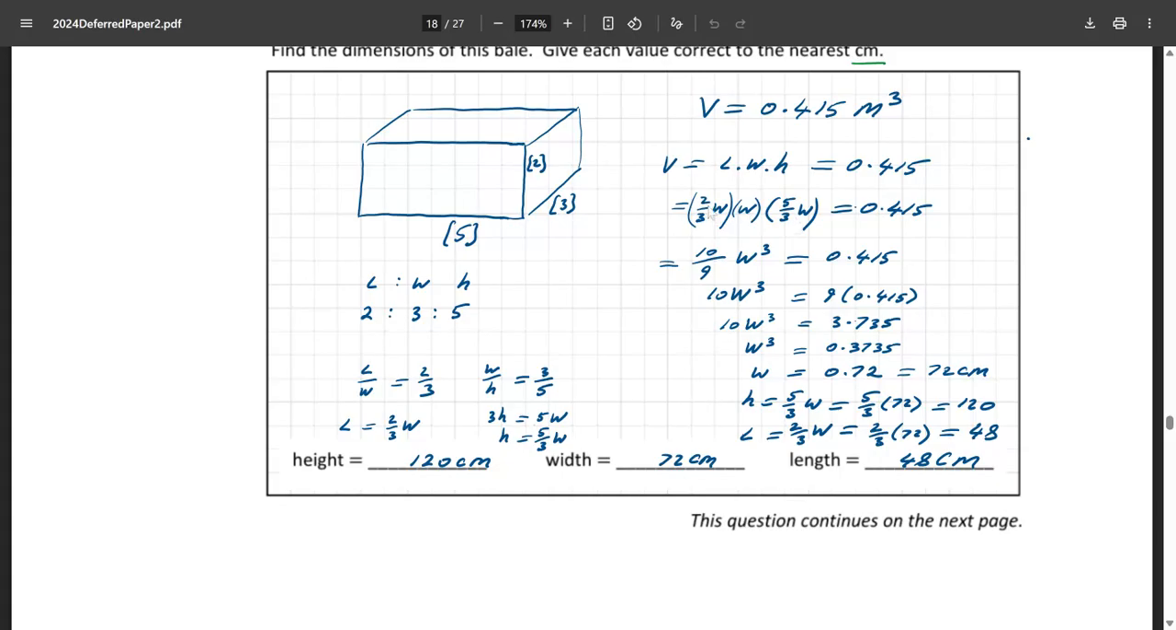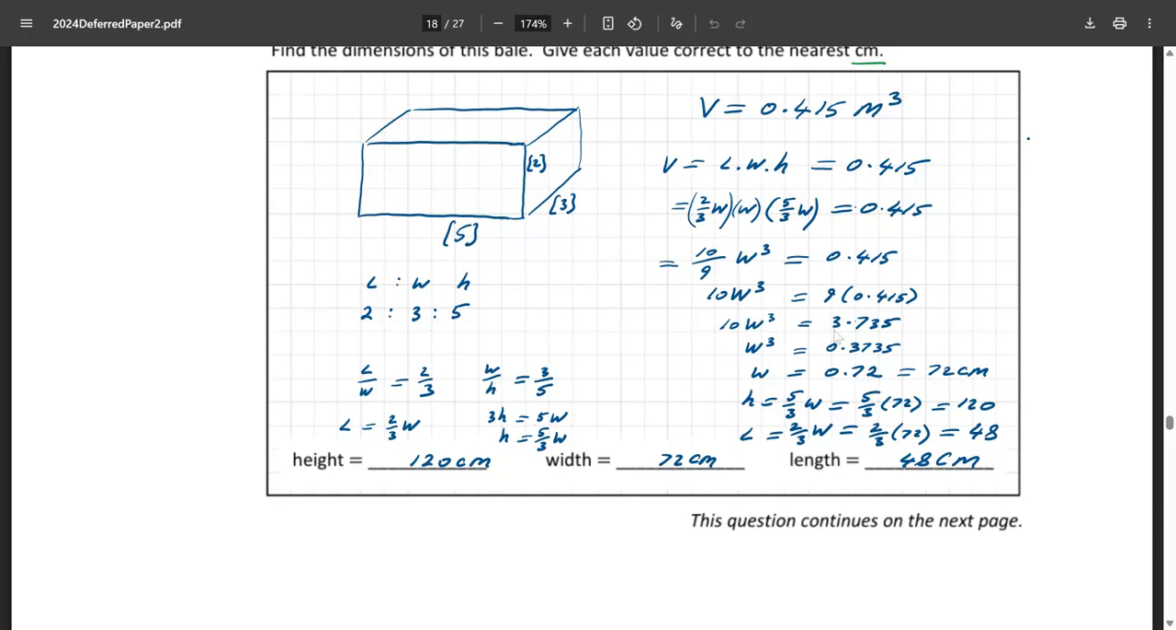Multiply the numbers first. 2/3 by 5/3 is 10/9. And you have W cubed, multiply across by 9, I should say, divide across by 10, etc. And you get W cubed as this, and get your cube root on the calculator, or W to the power of 1/3, same thing. And you get 0.72,